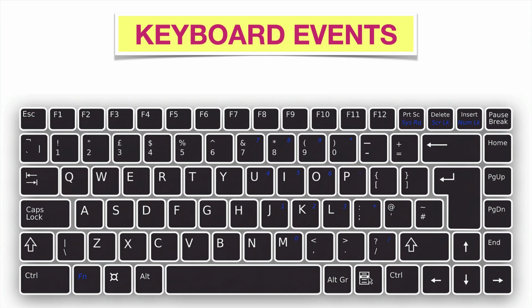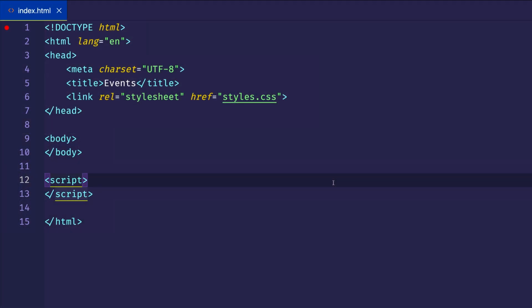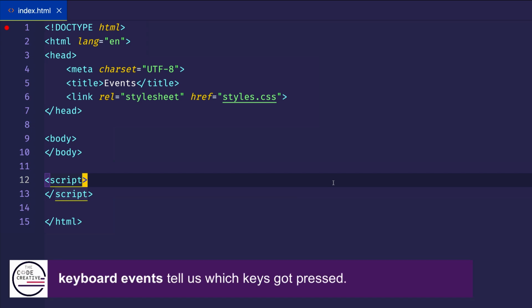Take a look at a category of widely used events, and these are called the keyboard events. These keyboard events fire when the user presses and releases keys on their keyboard. In particular, we'll look at some of the properties on the keyboard event object. And these are very handy when working with keyboard events because they give us information about exactly which key or